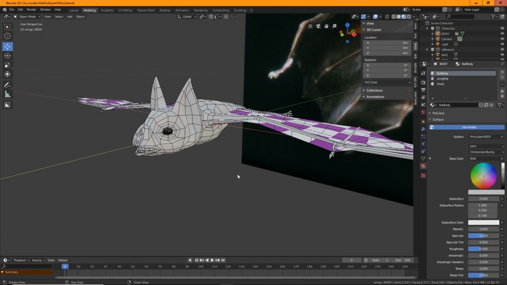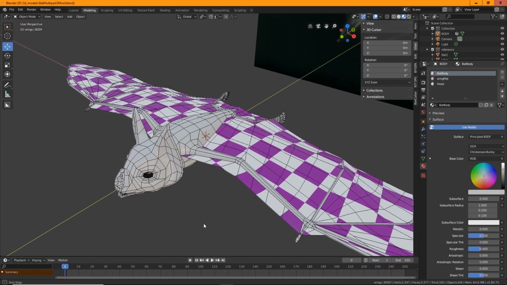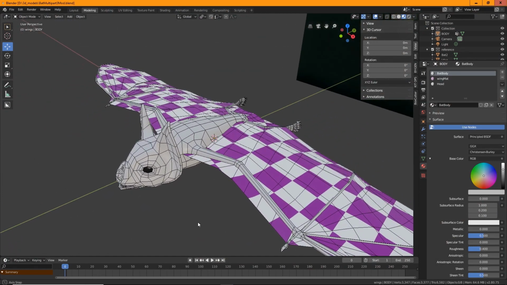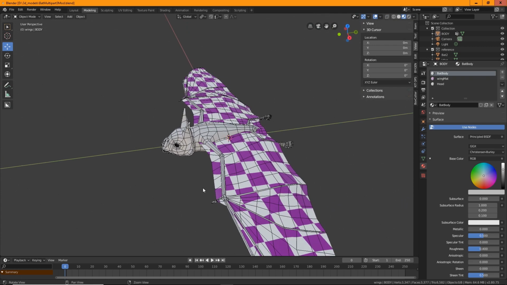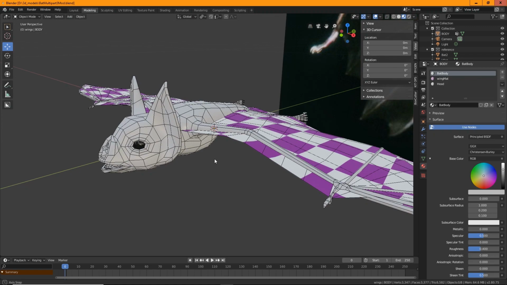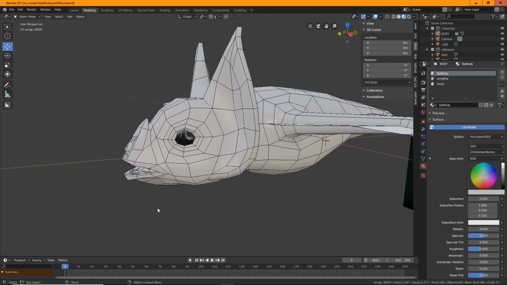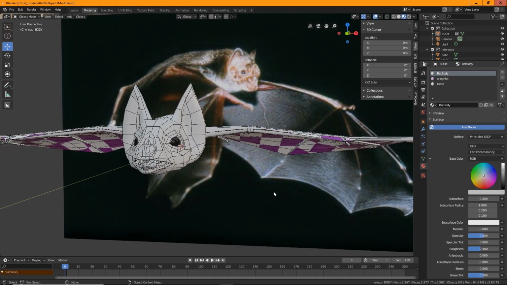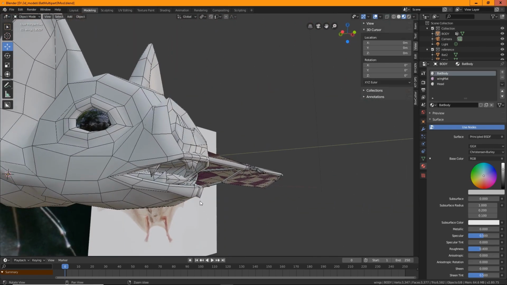Okay, so in the last video, I fixed the map of the bat, scaled it down, and showed you how to set up UV maps on the model. Since then, in the interim, I've adjusted the topology of the face to make it fit more with the snub nose that you see on a vampire bat,